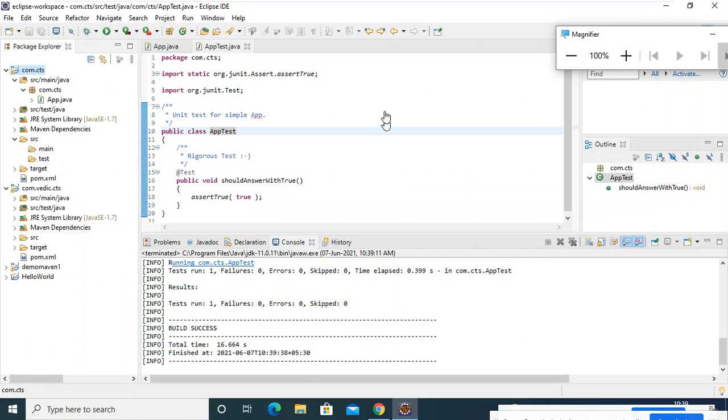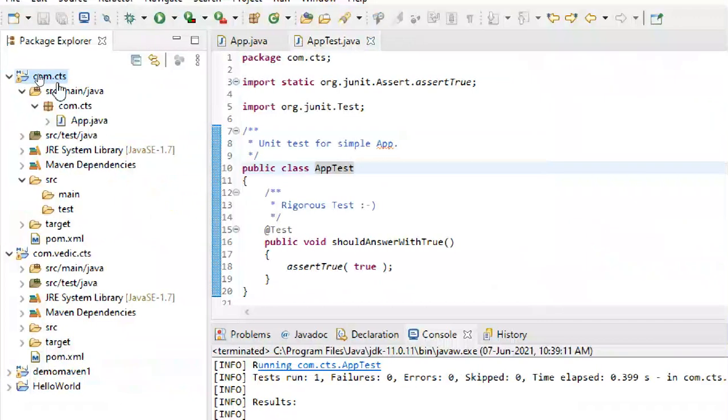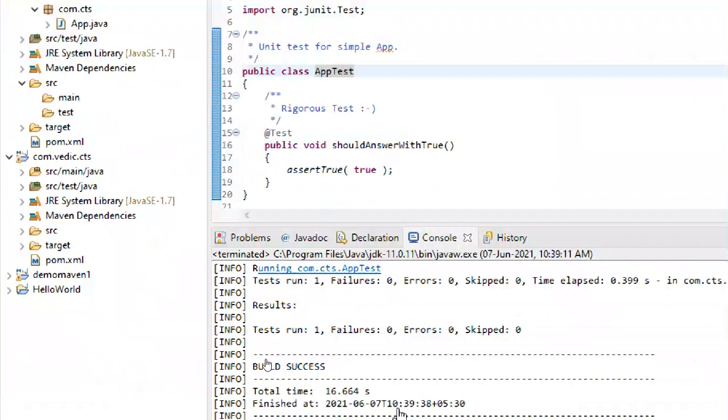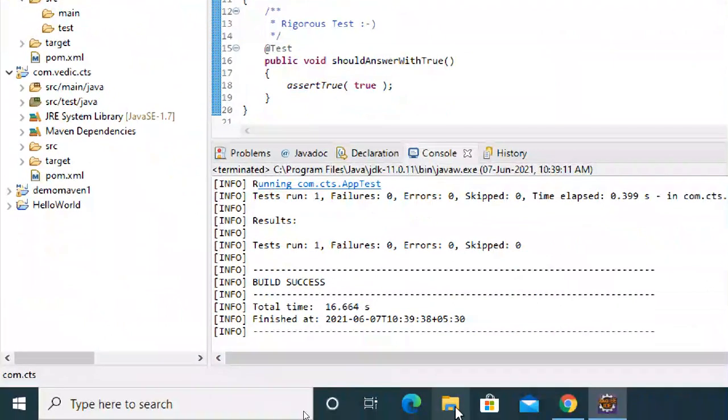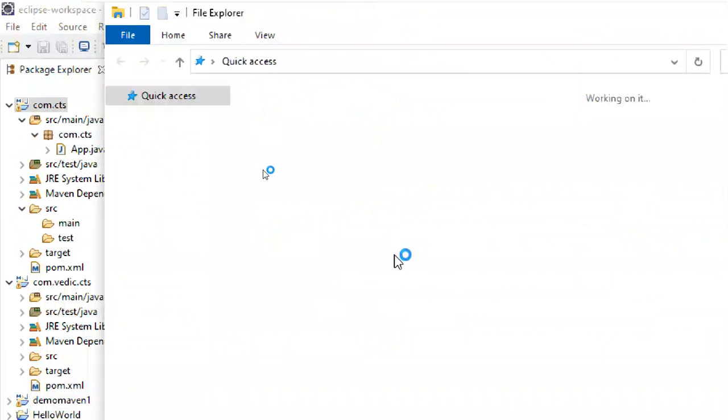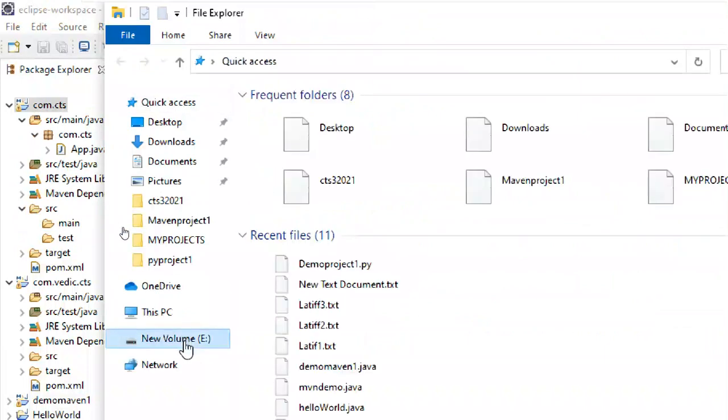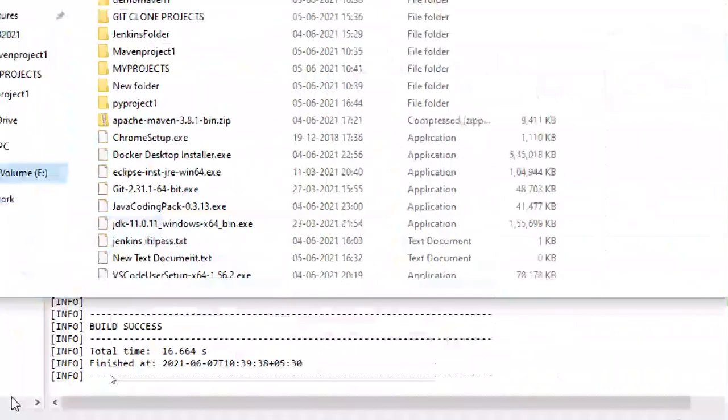But how to do it manually? Remember our package name, com.cts. So what I will do, I will go to that package and try. So manually how to do it.